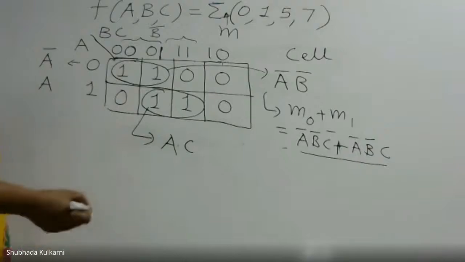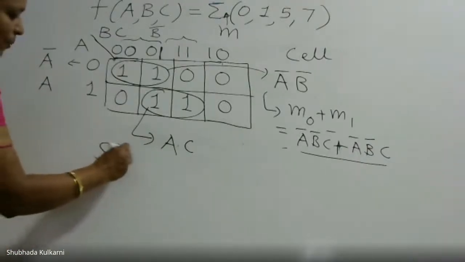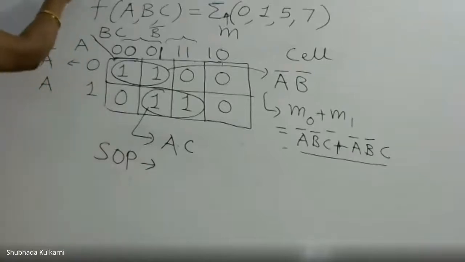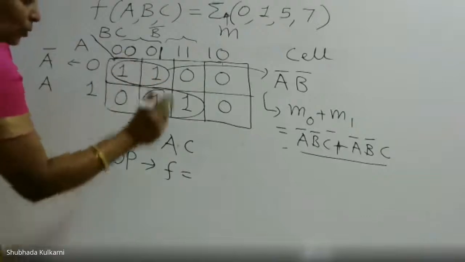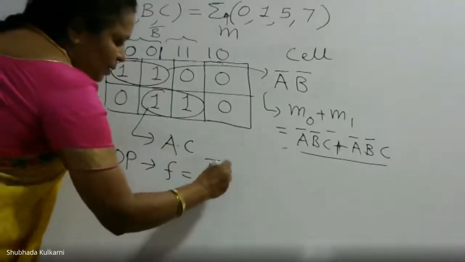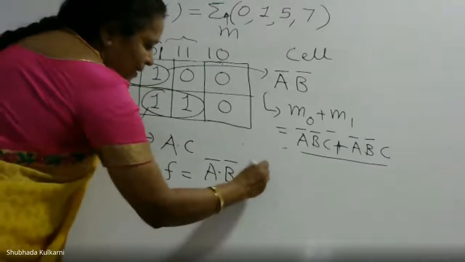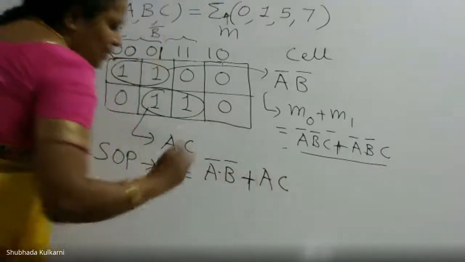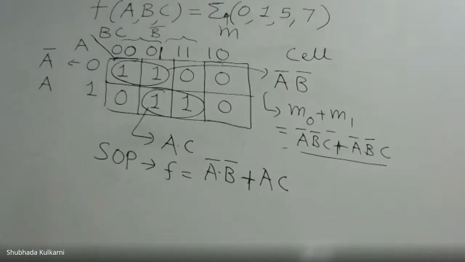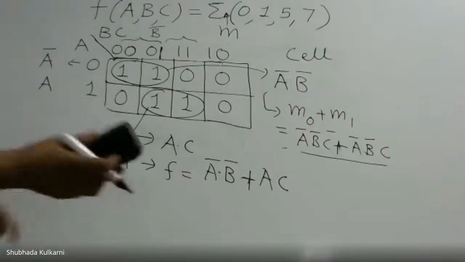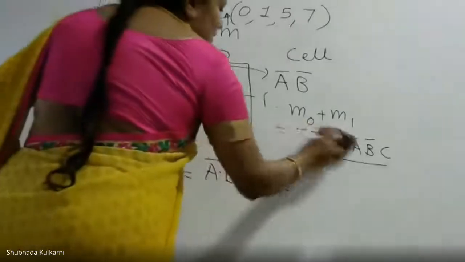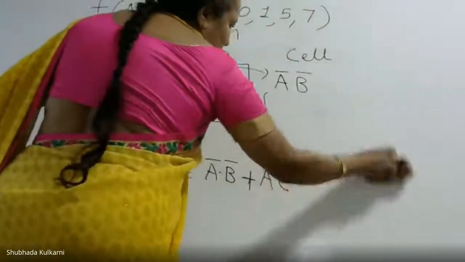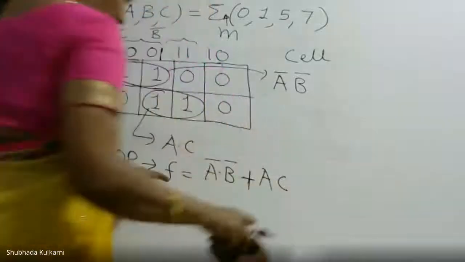Now ultimately, what is the simplified SOP? The SOP expression simplified by the method of K-map, F is equal to two expressions for two groups, and that is A bar dot B bar plus AC. This is what we call the simplified expression. And what is the standard expression? If you include all the min terms. So I will write the standard expression somewhere here, so that you get once again the idea of the standard representation of SOP form. This is simplified.